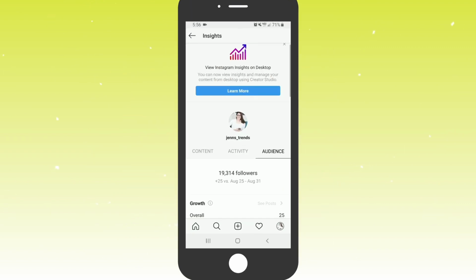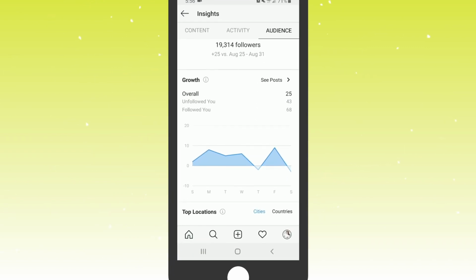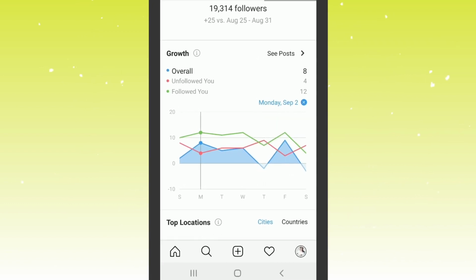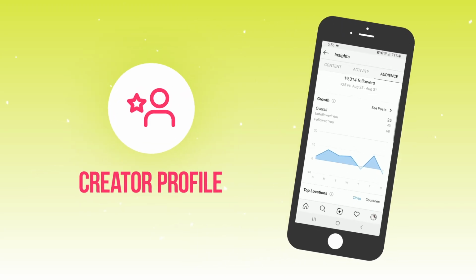So in the audience tab on the Insights page, this is where you get all the information about your actual account growth and your follower demographic. When it comes to the account growth, there are 2 different accounts with 2 different pieces of information. On business profiles, you will see if your account went up or down in followers, but you won't see any specifics. You'll just see a total count. On a creator profile, you actually get a graph that shows you how many follows and unfollows you got on each and every day, making it easier to track how your content is performing for growth.